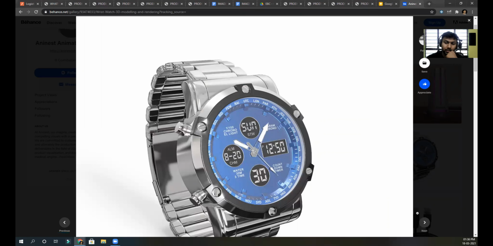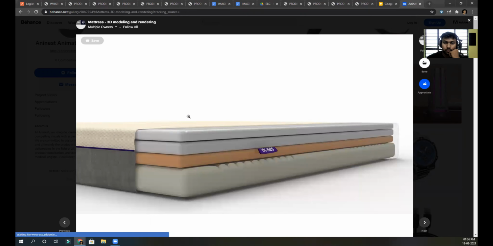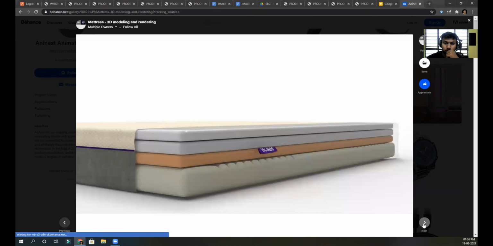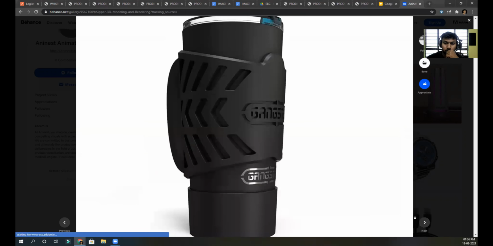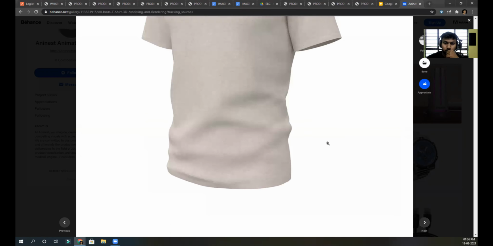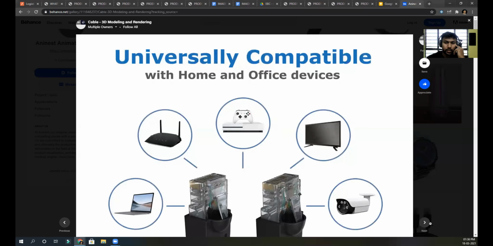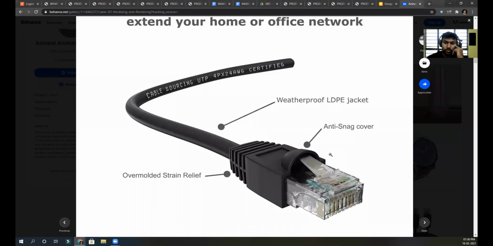Now this obviously looks like real life. 3D rendering usually costs a little bit higher, but for the kind of investment you are putting in, you will get the return very quickly.